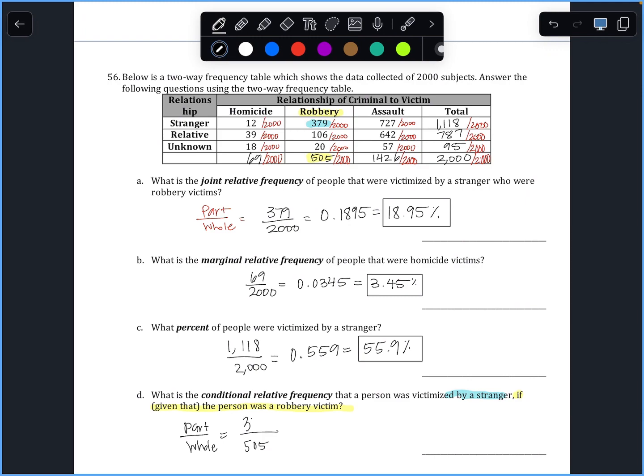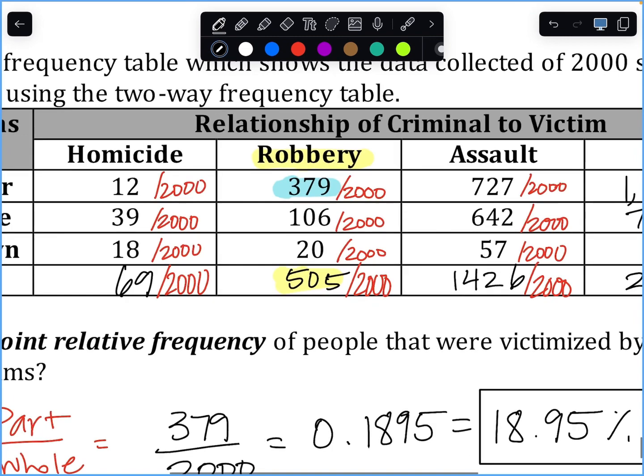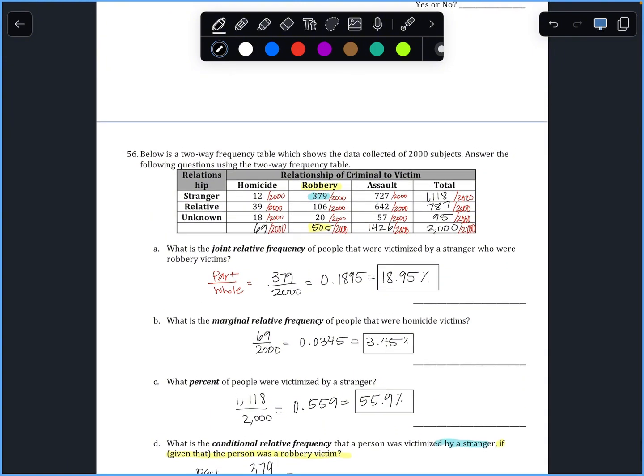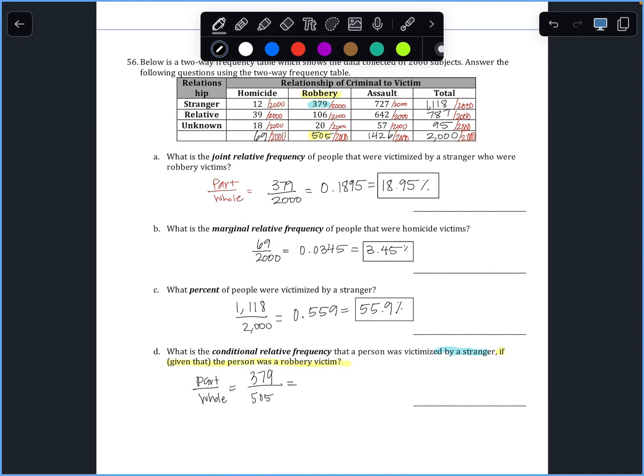You look in the same row, given that the person was a robbery victim. What's the probability that a person was victimized by a stranger? It's 379. It's so hard for me to understand the questions because of the way they word them. Yep, that's how statistics is. So it is 0.7505 if you want, which is 75.05%. Okay, so